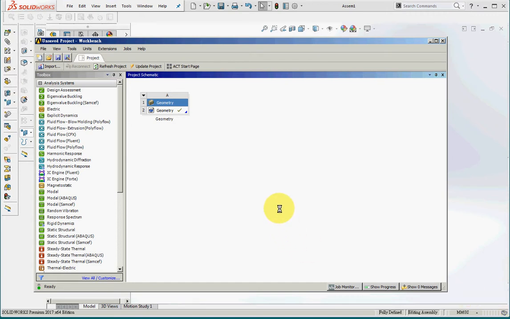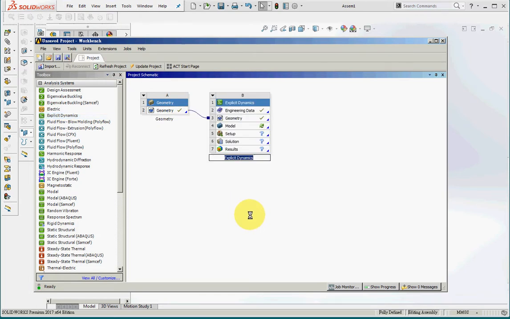ANSYS Simulation, Lecture 17, Explicit Dynamics. First of all, we drag explicit dynamics onto geometry. This module is for high velocity impact and for those cases where deformation is very large, plastic deformation is very